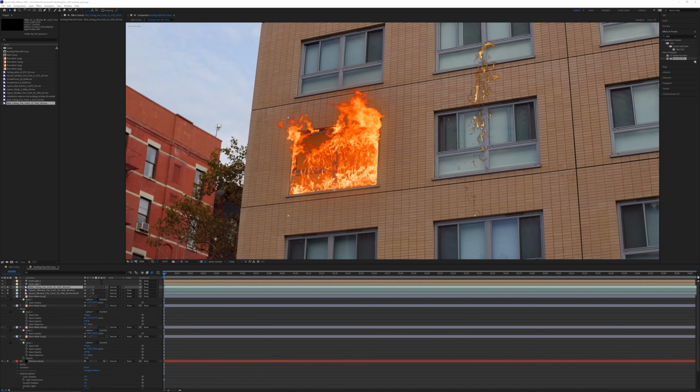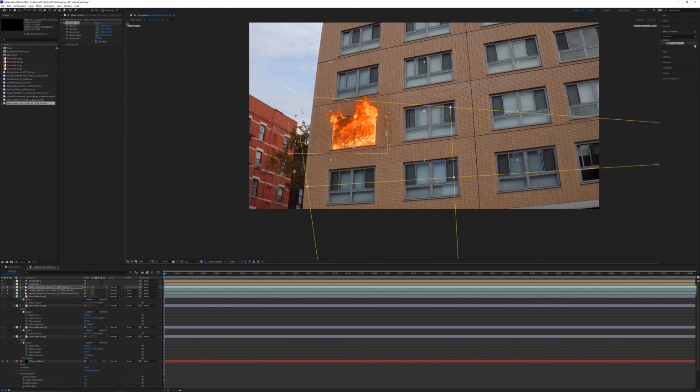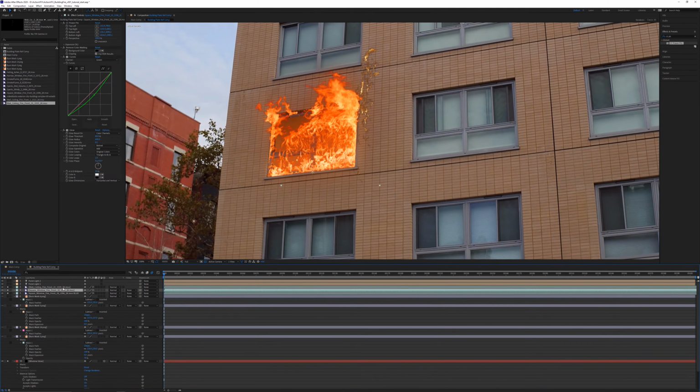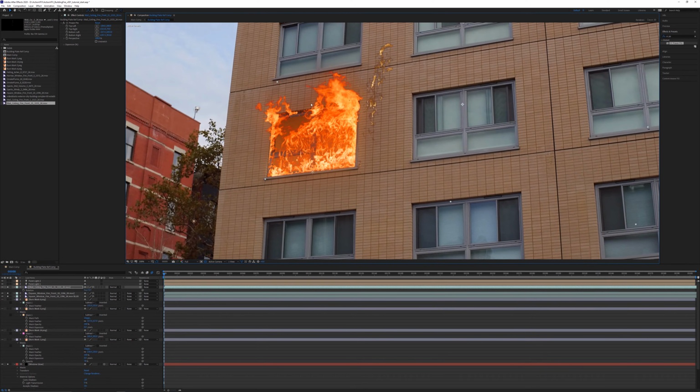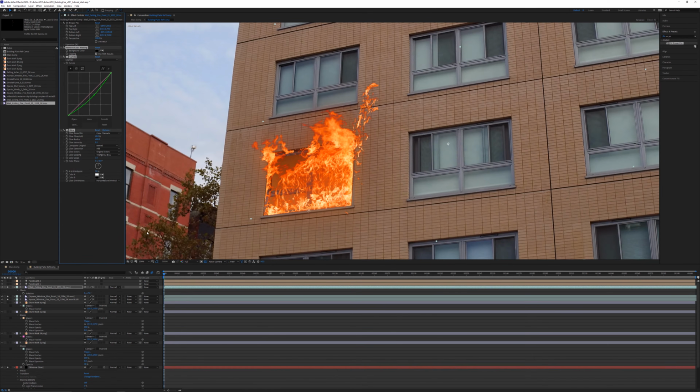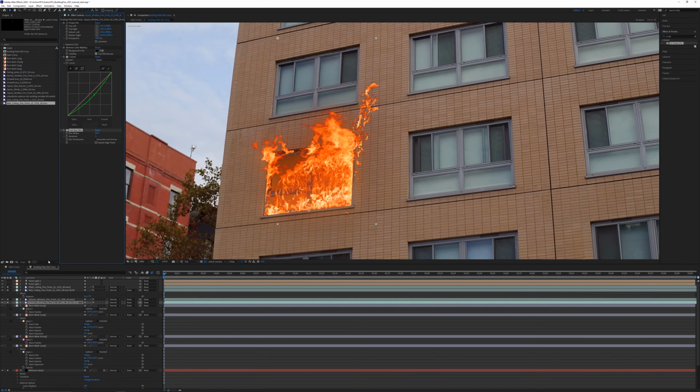So we're just going to keep adding more of these elements, following the same type of thing that we did with the window. Now for these side elements, I'm just going to put them as if they're creeping up the wall, so they could hit other windows and maybe catch a fire in a different frame. If you have a different type of shot where you have an awning or something that could catch on fire, you could reposition these where it makes sense in your scene. So in the example here, I'm just rotating these around and applying the same treatment, grabbing all the effects, pasting them on there, doing the same thing with the glow as well. So we wanted to make a duplicate and add that blur layer. I'm going to grab another one of these.